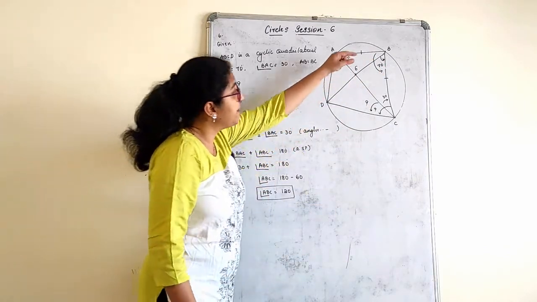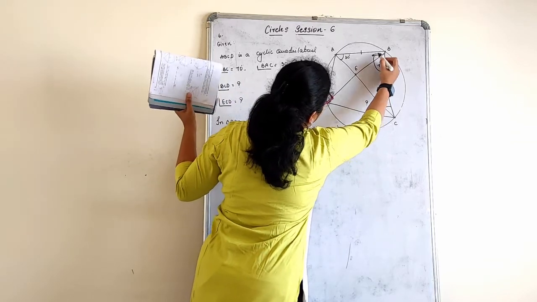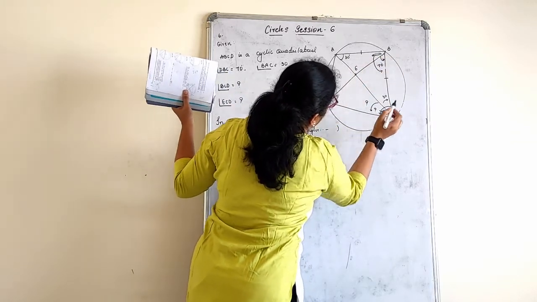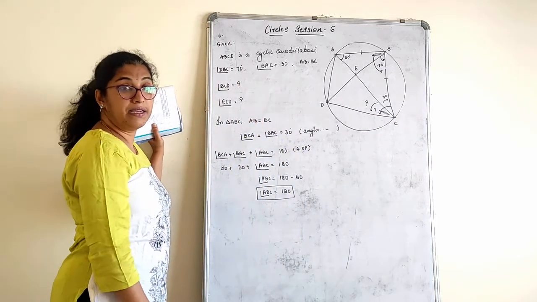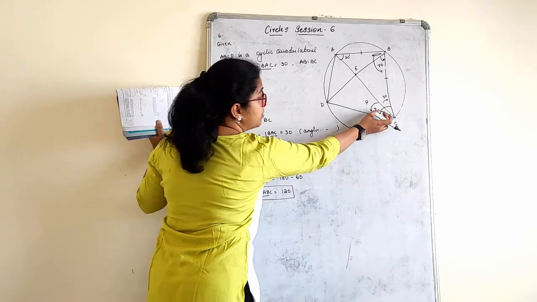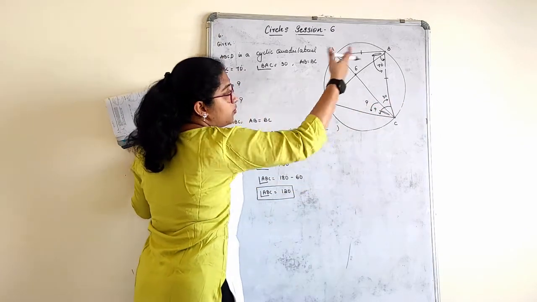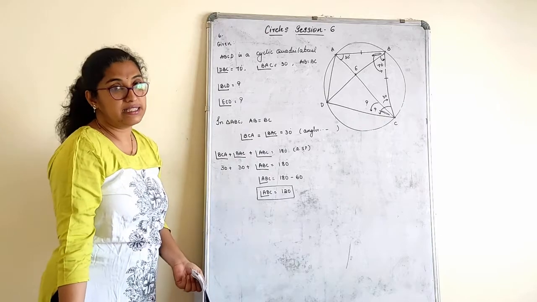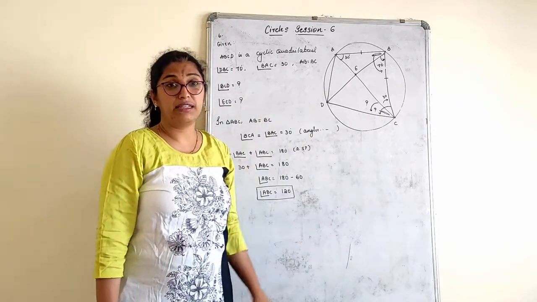Why? Because if I find this part here, just look, I'll shade this part and this part. Are they equal? Why? Angles in the same segment are equal. And if I know this part angle, this part is known. Together if I add, will I get the whole angle? Yes. Sum is over there, and then try to first analyze the sum in the given figure.